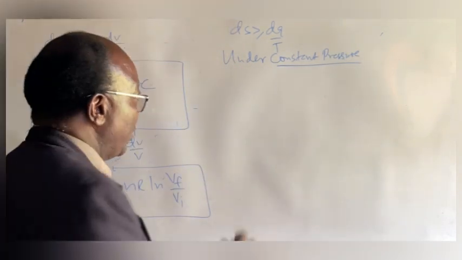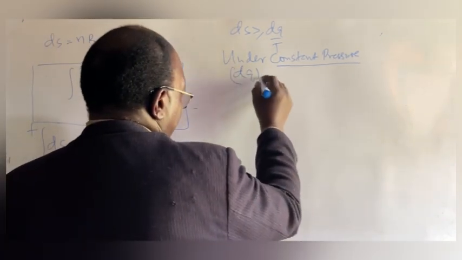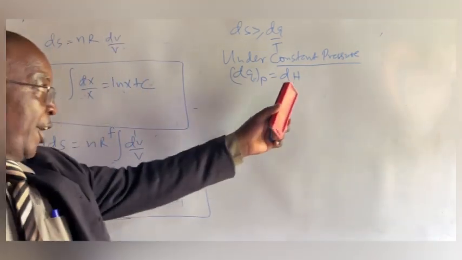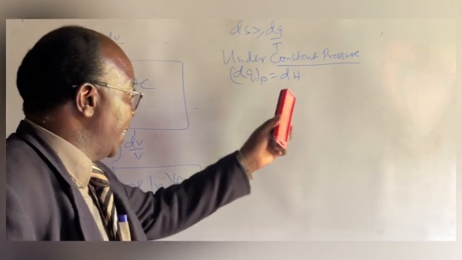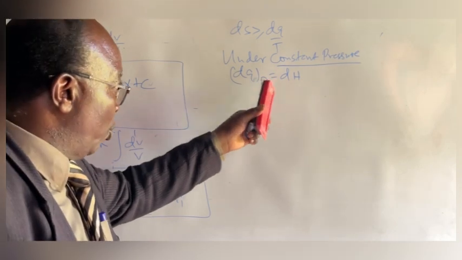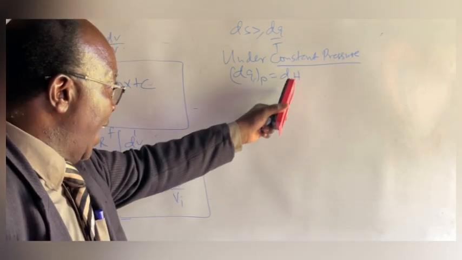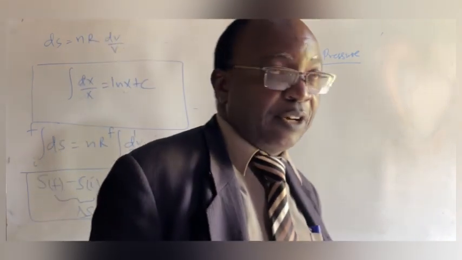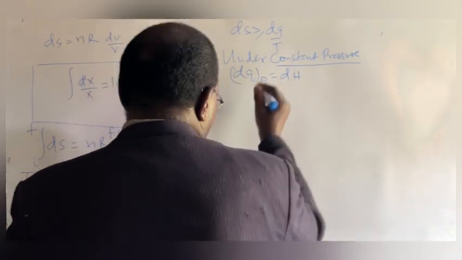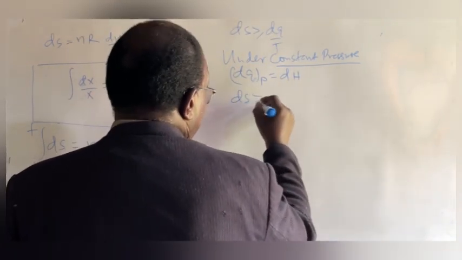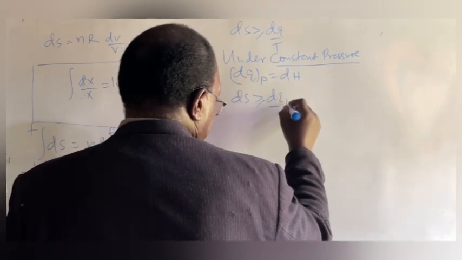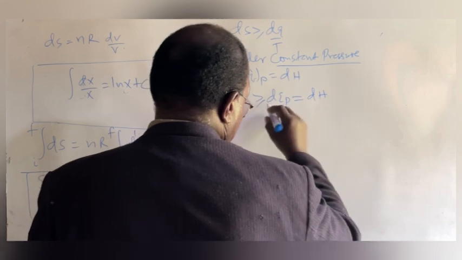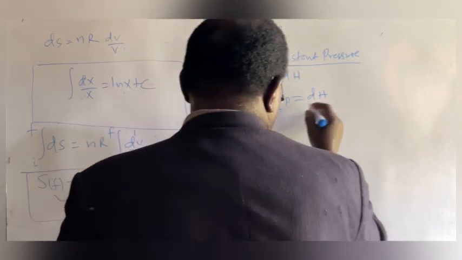Now, that means you're talking about heat being transferred under constant pressure, which you already know from other lectures is the change in enthalpy. And we said that this is a thermochemical observable, a thermochemical state function, and this key link between thermochemical observable and thermochemical state function is critical in thermochemistry. So, under constant pressure, dS will be greater or equal to dqp over T, which is basically dH over T.